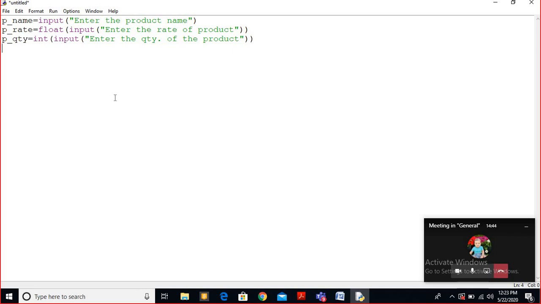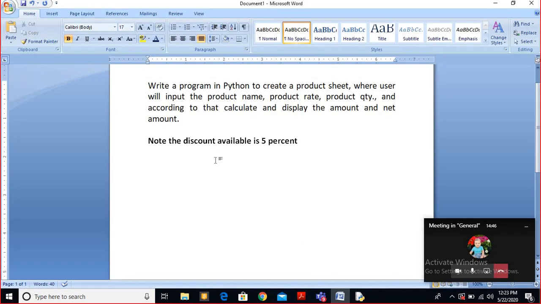Let's say you are purchasing 20 pens, so 20 is the quantity. The rate of this is 20, then what is the amount? 20 into 20 only. So when we multiply quantity and the rate of the product, we get the amount. Amount is equal to rate into quantity.